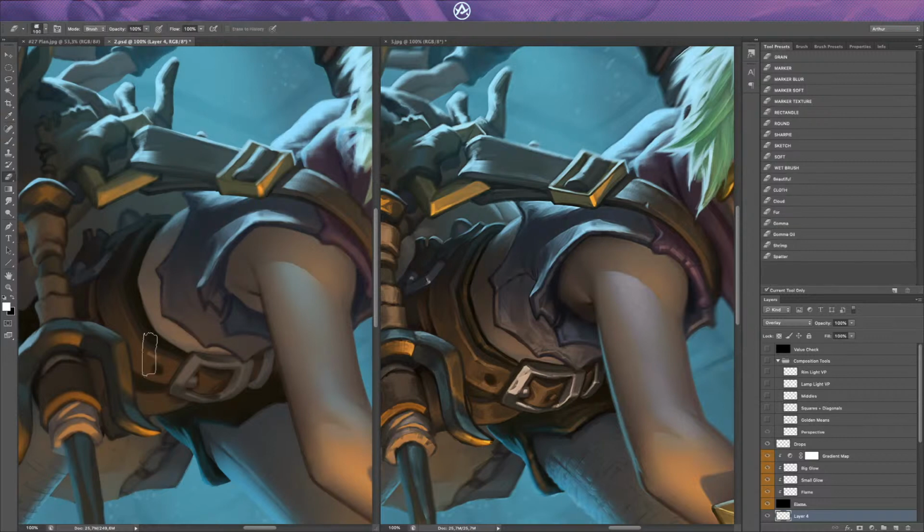And I'll just go along the edges of each object. So the edges of the belt. This is a trick that I use for Hearthstone work. It's actually kind of a staple of that style. The Hearthstone style has stronger highlighted edges for each object. Same for the buckle. Just using white and